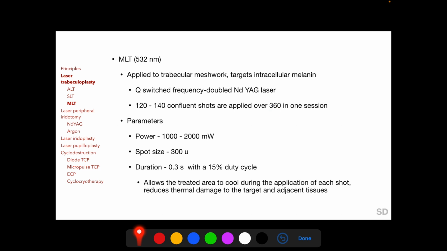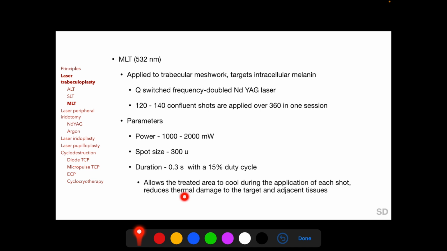The difference with SLT is that in SLT, during application of a single spot, the laser emission is continuous, but in MLT, during application of a single spot, the laser has a 15% duty cycle, which means that the laser emission is on only 15% of the time of a single application and is off in the remaining 85% of the application time. And this allows the treated area to cool during the application of each shot, reducing thermal damage to the target